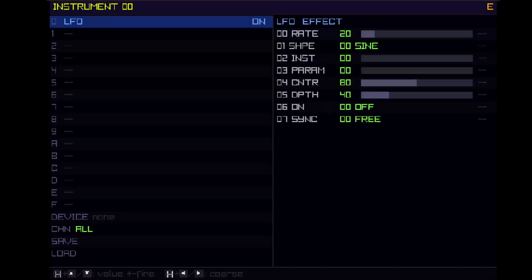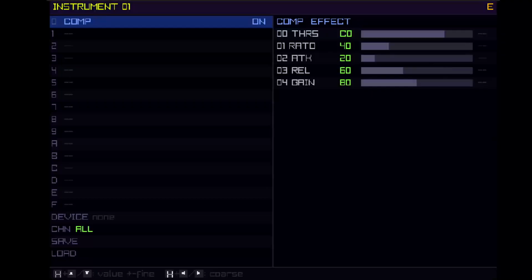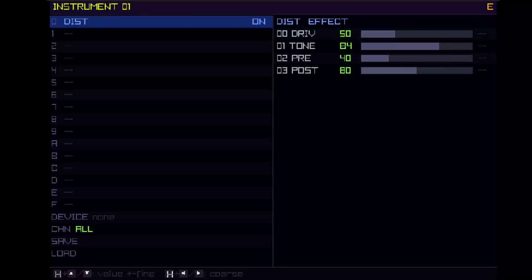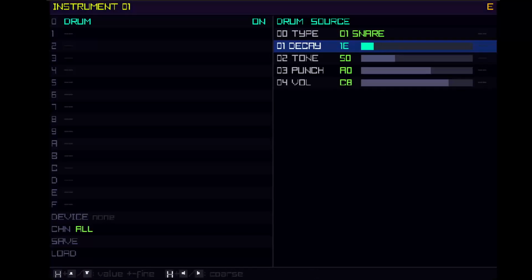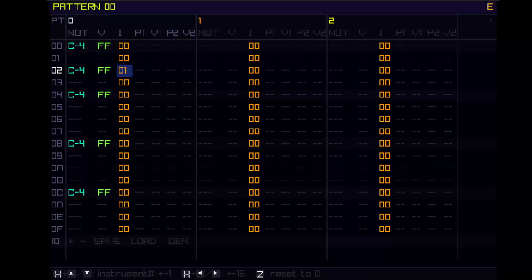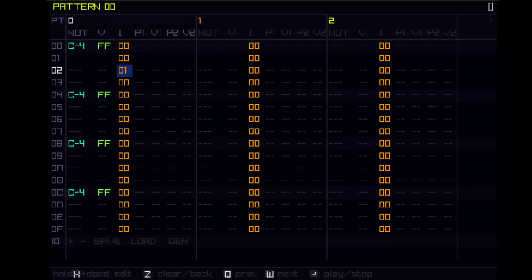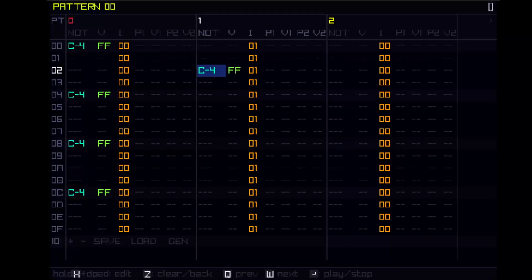So let's do that. I'll make a couple drums. Here's a kick, and I'll make a snare. Okay, so now we've got this. Actually, let's use separate tracks just to make it a little clearer. Also, it makes it so I can do this, which is much easier. Okay. So we have a simple beat,